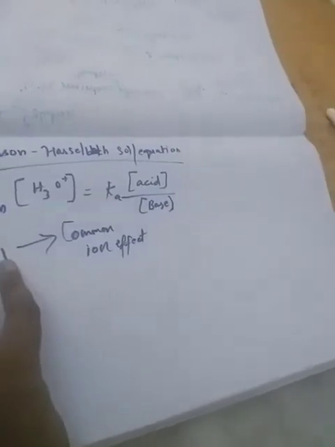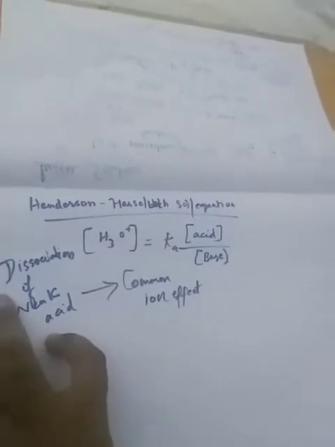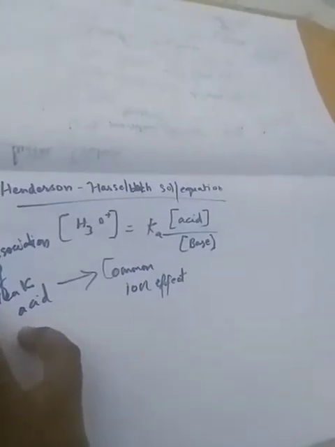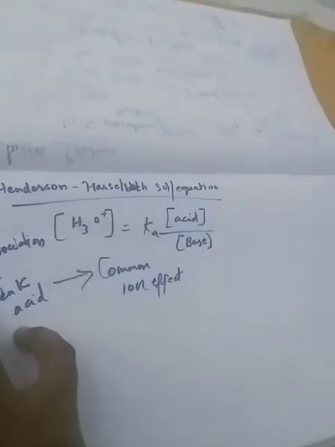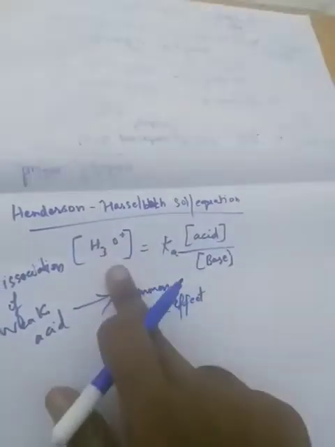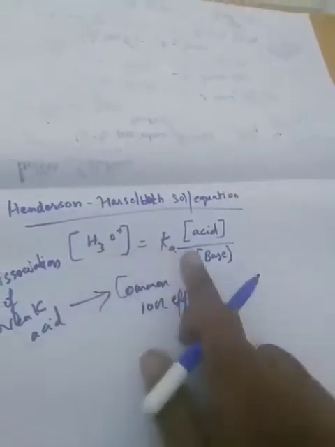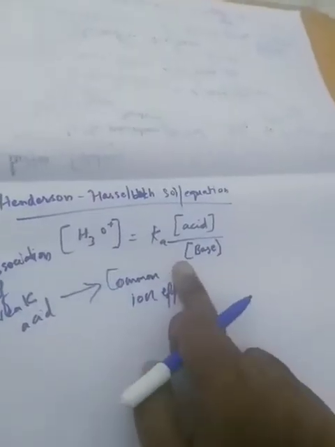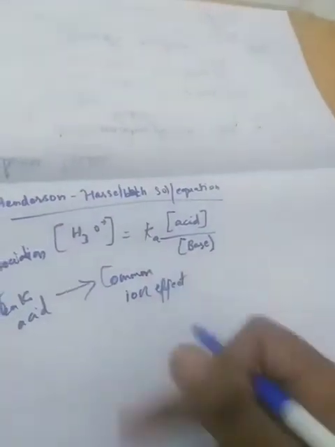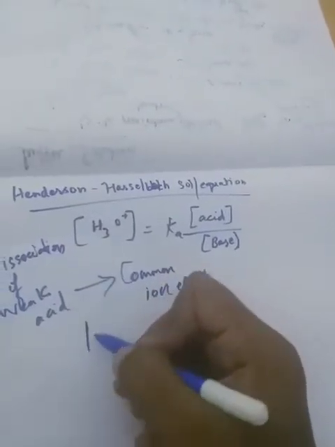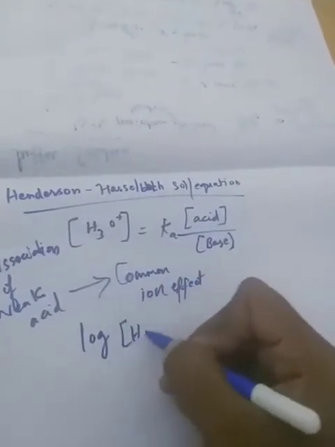With this, the common ion effect is further suppressed, and the equilibrium of the concentration will also be suppressed. In order to increase the concentration of the conjugate base, we will initially add it as the salt. So if I consider this common equation, the dissociation of the hydrogen ion, this is how we will write the concentration of the anion. If I want to find the pH of this, I am taking the logarithm of both sides.